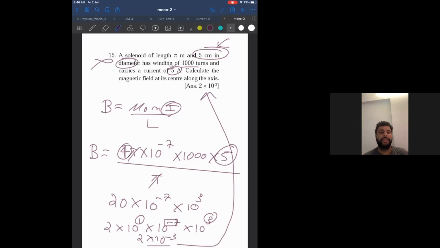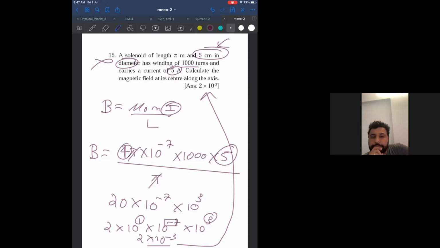The last derivation is very, very simple. What is the magnetic induction along the axis of a toroid? A toroid is nothing but a bent solenoid. Means if I take a solenoid and connect the ends, it becomes a circle. I'll give you an example. Take a refill of a pen and try to connect both the ends of the refill, the tip to the end. The refill will form a circle.